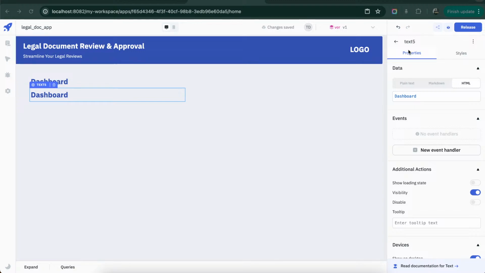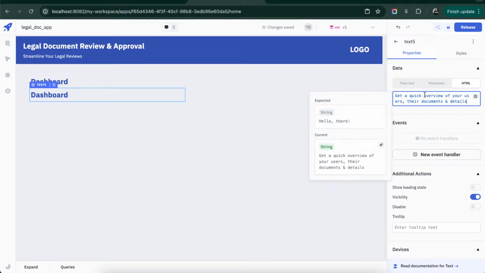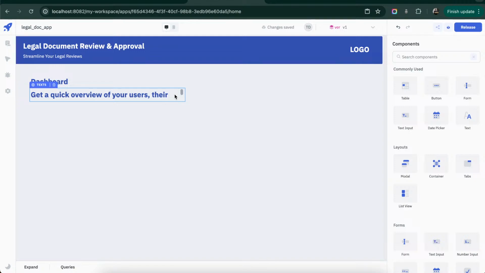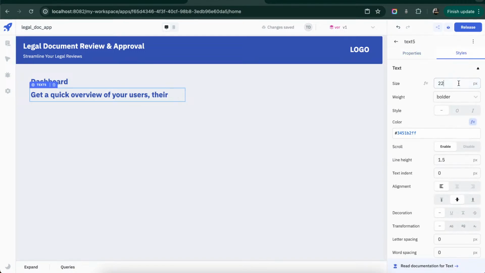Since this is a dashboard, we are just giving a quick, short subheading to this. It should be 14, and it should not be bold, it should be normal. All right,